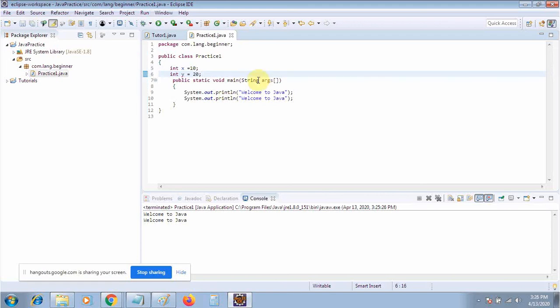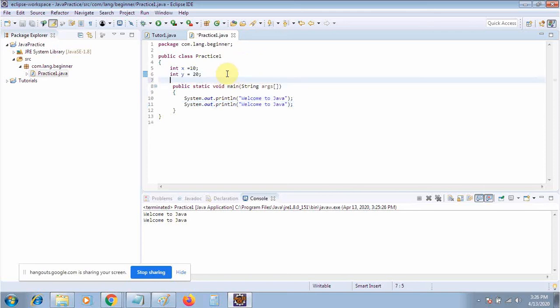Now we want to compare them and print the result. So first of all we will create a boolean, and I will call it a.